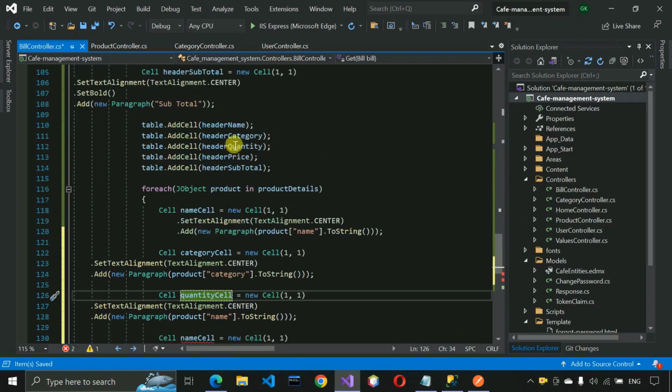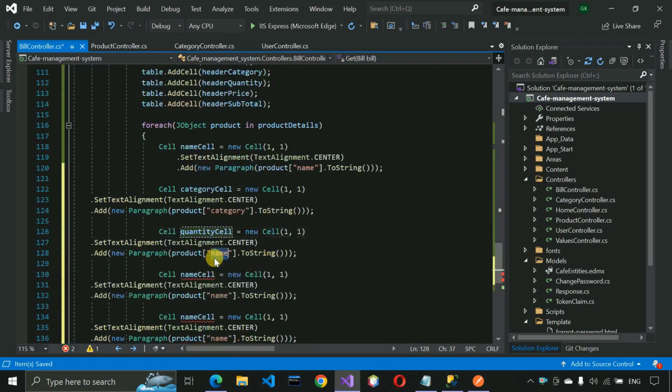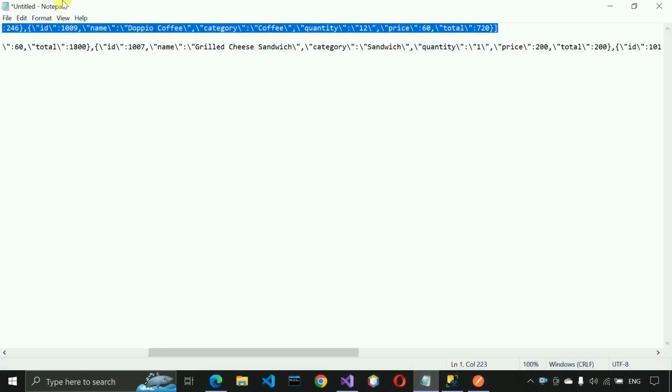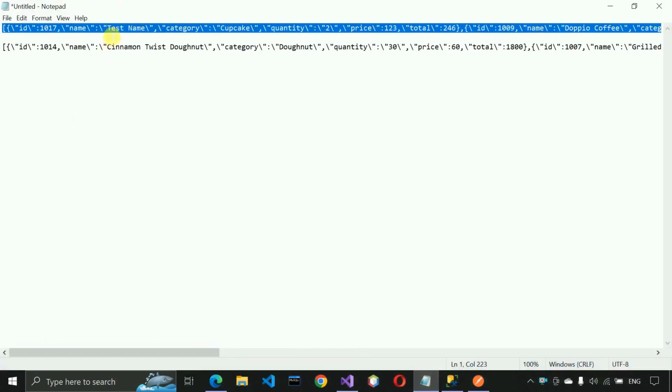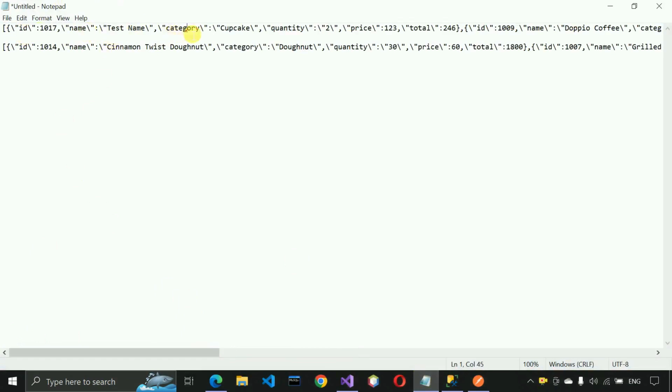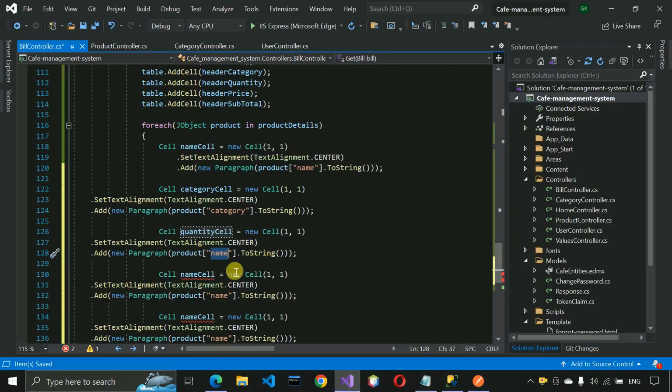As per these headers, we have to just pass this one, and this name should be as per what we are going to get in the JSON. So if you see over here, you can see there's a name, category, quantity, price and total. So the name should be like this. Okay, so I'm going to write in here quantity, or category. Okay, quantity we have to write